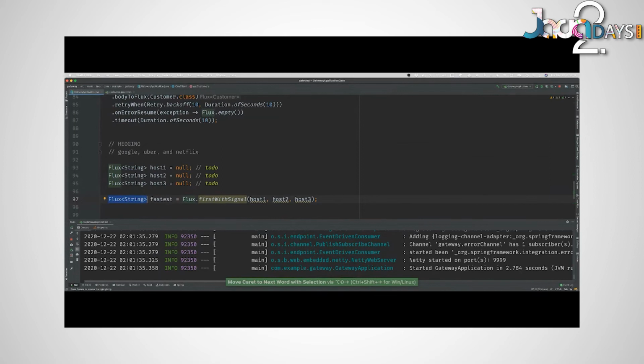Try imagining what you would have to do. Countdown latches, maybe cyclic barriers, runnables, phasers, executors, and threads. I mean, just not fun code to write in multi-threaded Java. Remember, there's only one person who truly understands how to write multi-threaded Java code. And it's not you, my friends. It's definitely not me. I don't know who it is. But the point is, we shouldn't risk finding out. Let's let the framework do the work for us.